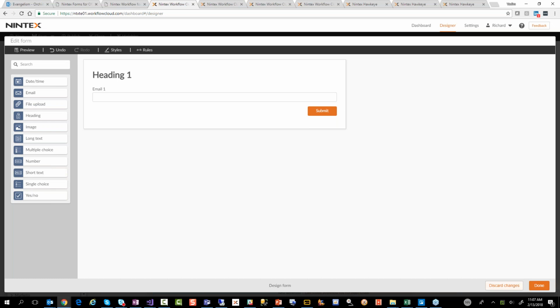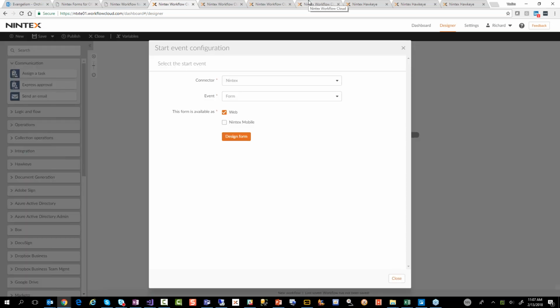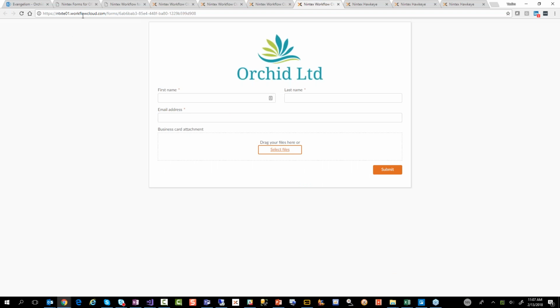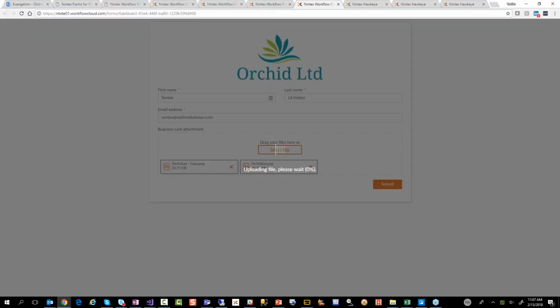The great thing about this is that I could have a form, and I'll give you an example here. Here's one of my Nintex Workflow Cloud forms, and I can put in here Santa's little helper, and I'll just put in a fake email address. I'll just do it on mine. Then I'll select a couple of controls, a couple of documents, click OK, and click Submit. Now, here's the cool thing that's happening behind the scenes. This is going to